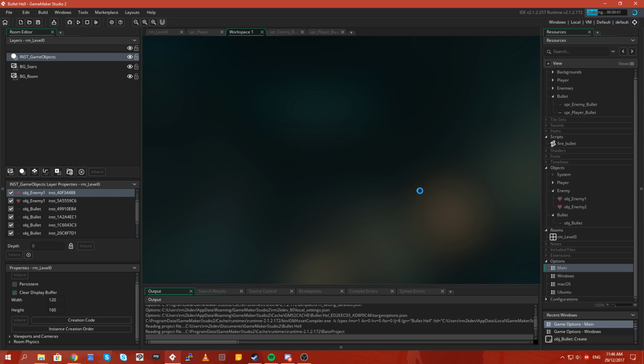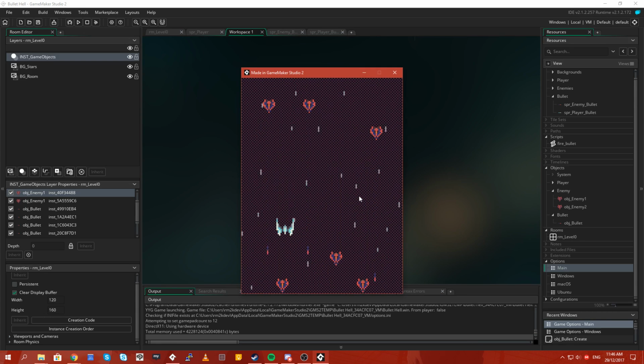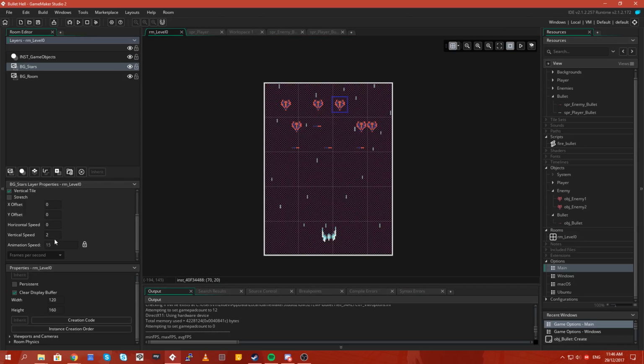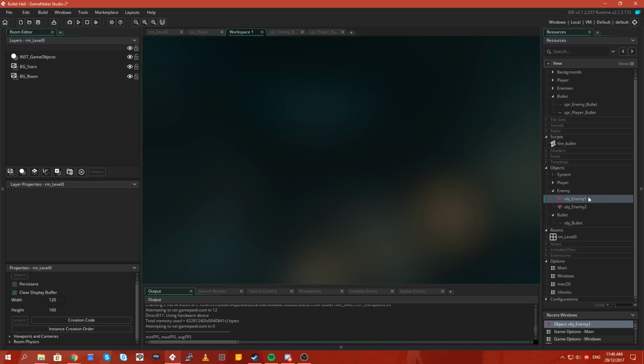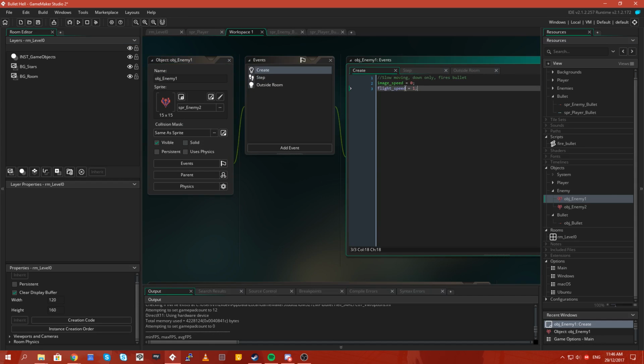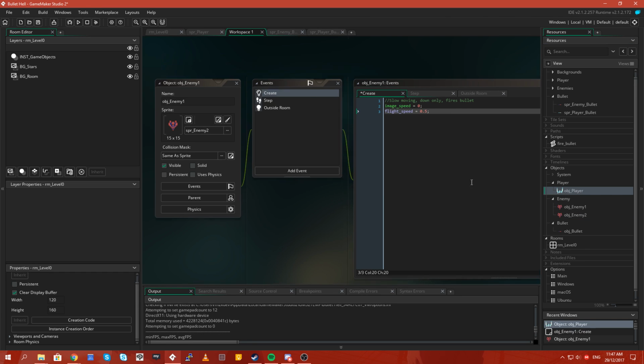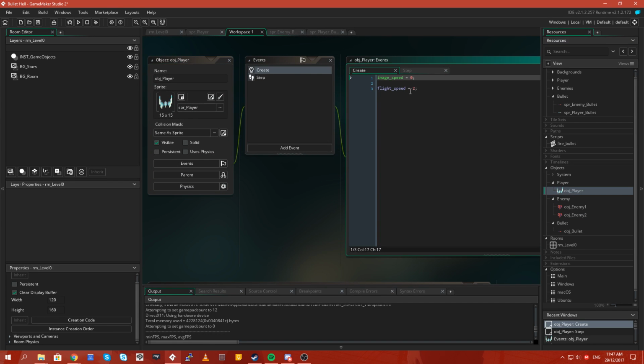We might need to adjust our speeds now because everything's going to be twice as fast. Yeah. Super duper speed game. That's better though. So let's go back into our vertical speed, set that to 1. Sorry about this, guys. I just want to tweak as we go. Flight speed is 1, which is fine. Our player object needs a flight speed much slower than 2. Let's make them 0.5 as well.